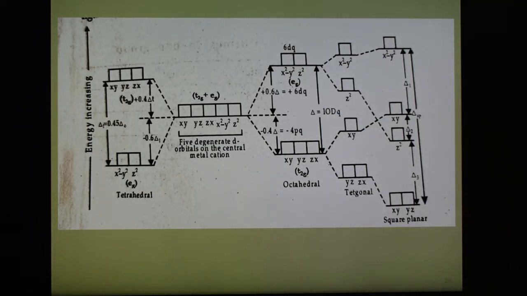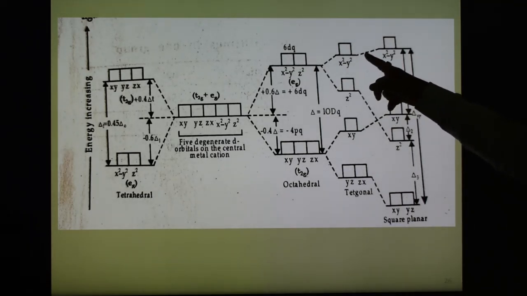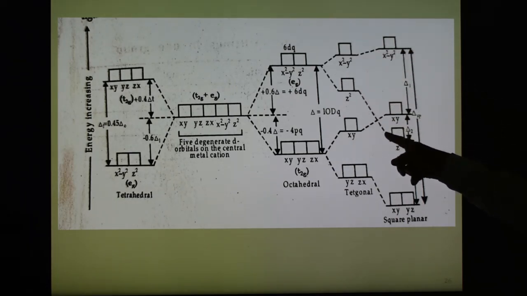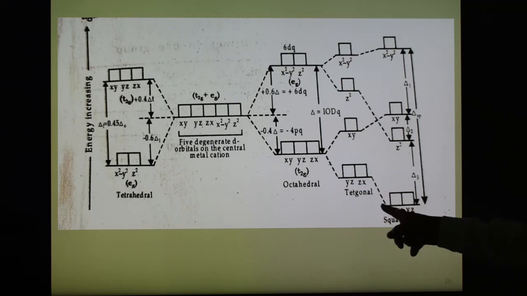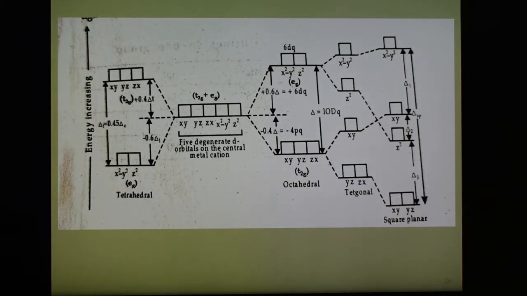This is the tetragonal octahedral geometry, and after this the energy of dx2-y2 slightly increases, while the dz2 orbital energy further decreases. The dxy orbital energy increases again, and it is also greater than dz2, and the dyz and dxz orbital energy further decreases. So this is the splitting. The total difference between this orbital and this one is represented as delta sp for square planar, and this is delta 1, this is delta 2, and this is delta 3. Opposite to this is shown the splitting diagram for the tetrahedral.